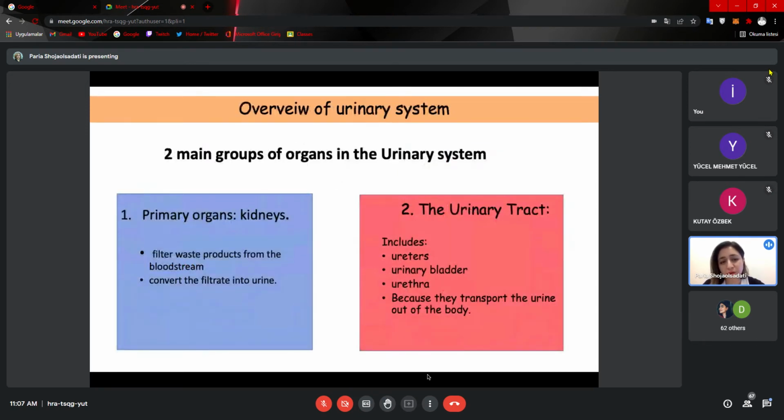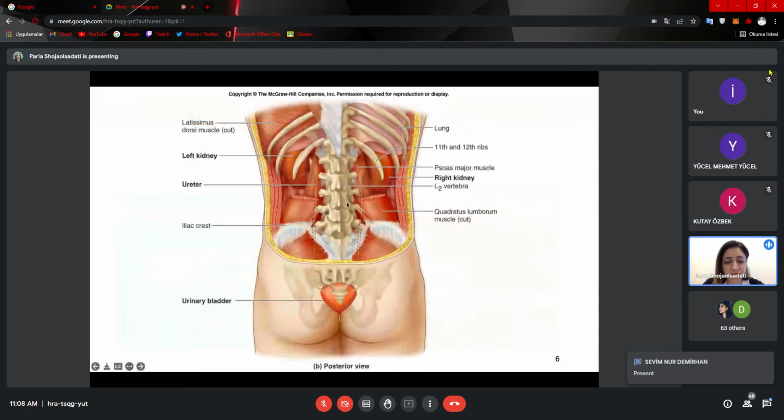If you remember, you saw the same slide in the last lesson. It explains the same things. We divided the system into main organ and urinary tract. You can see the location. Let me take my laser pointer. You see the location of the kidney in the dorsal view of the body,